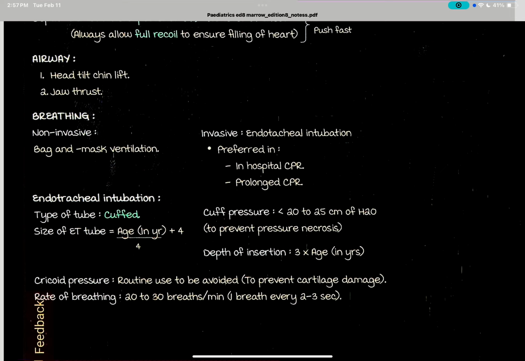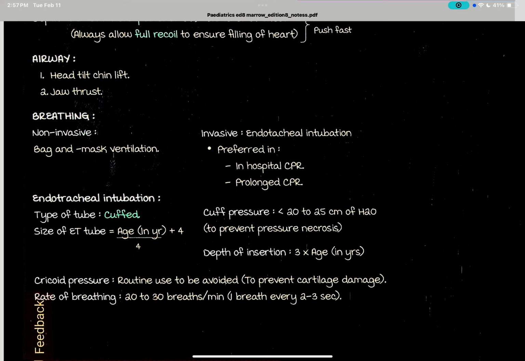Breathing: non-invasive bag and mask ventilation. Invasive endotracheal intubation is preferred in hospital, and in prolonged CPR. Type of tubes: cuffed. Size of the ET tube: